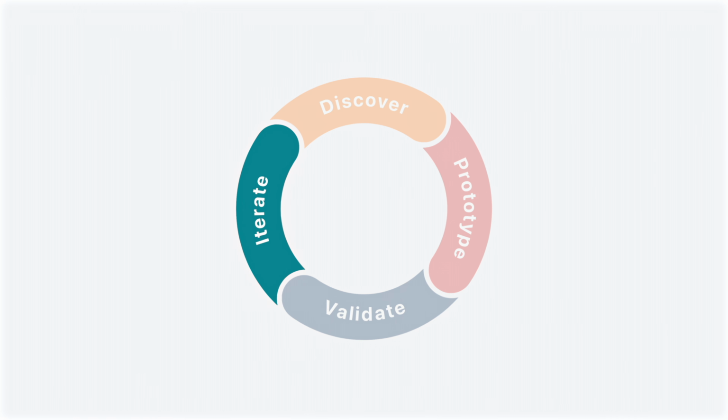And by validating your prototype, you're able to test your design decisions, your app's purpose, and the overall experience people have with it. And then once you have all that information, you iterate. You repeat the cycle. You discover issues, you prototype their solutions, and then you validate them and iterate and refine your design.